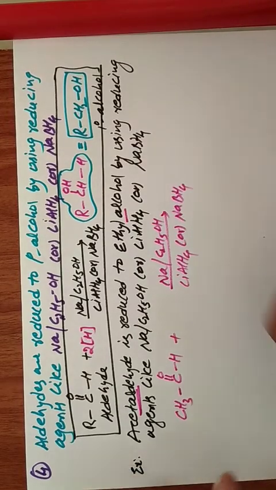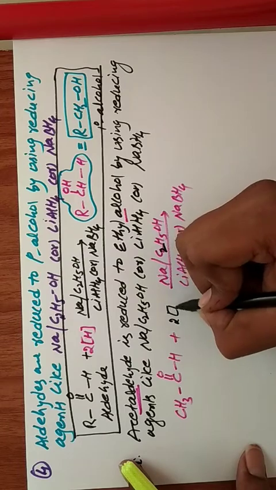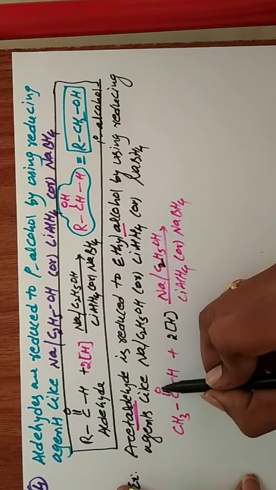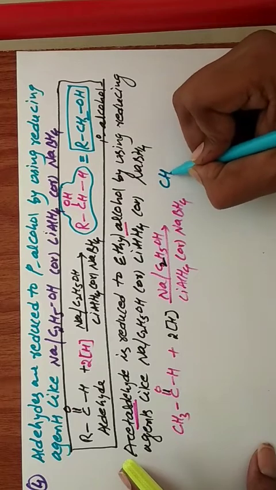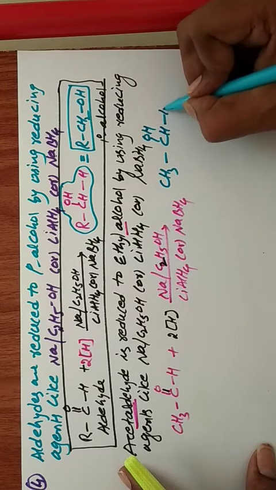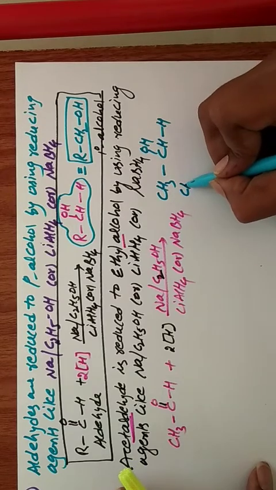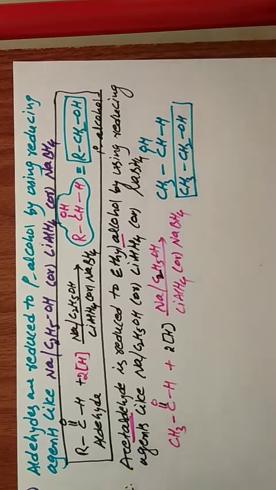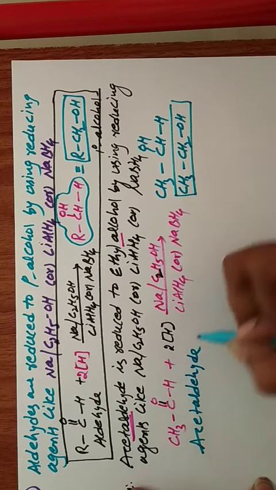So this gives C2H5OH. Here how many nascent hydrogen atoms are released? 2 hydrogen atoms. Here the pi bond will be removed, one hydrogen here, one hydrogen here. What is the final product? CH3–C–OH with the H already there, so we get CH3–CH2OH. This is ethyl alcohol. Yes or no? So this is the reaction of the acetaldehyde molecule. So simple.